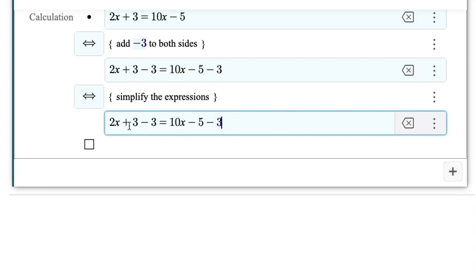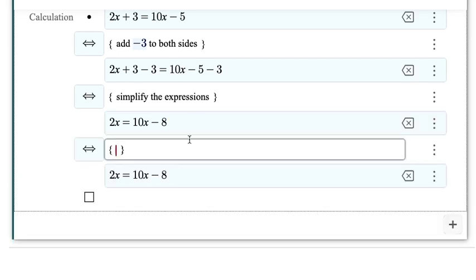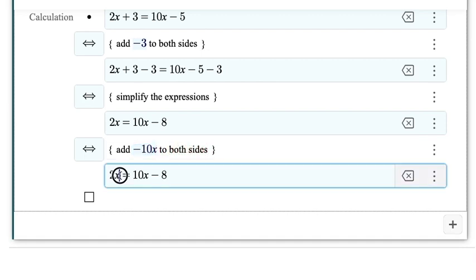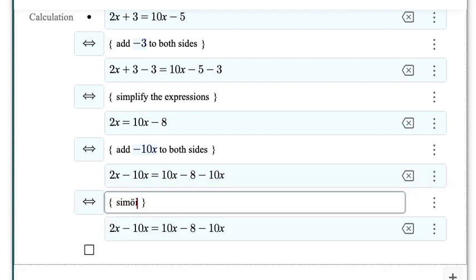So the left hand side becomes 2x, and the right hand side becomes minus 8. Then we add minus 10x to both sides. We get 2x minus 10x equals 10x minus 8 minus 10x. Again we simplify,